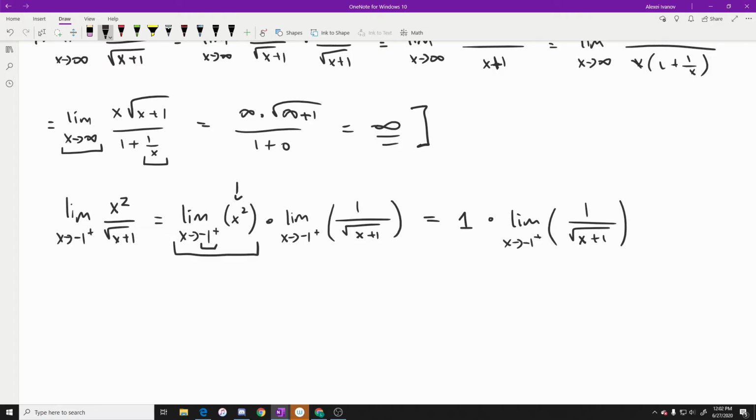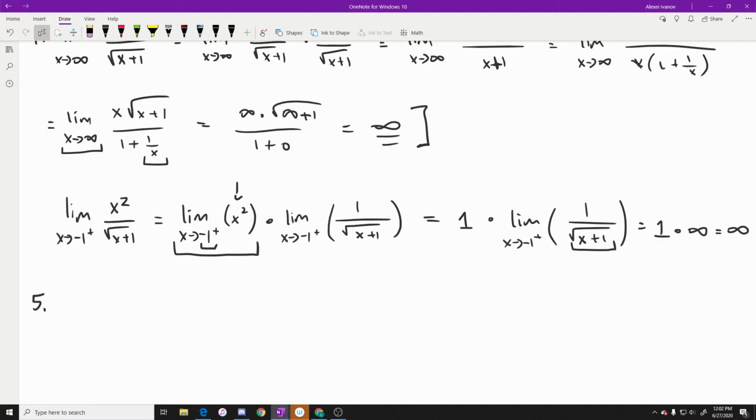Now to evaluate this limit right here, we can also just plug this value in, and we'll see that we're going to get a 0 on the bottom, and then 1 over 0 is just going to equal infinity. So we're going to end up getting 1 times infinity, which is equal to infinity. So now we know that as we approach x from the right side, we are going to go towards infinity, something like that. So now that we've computed the asymptotes, both the horizontal one at infinity and the vertical one,